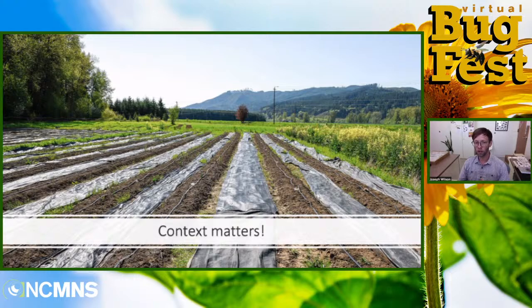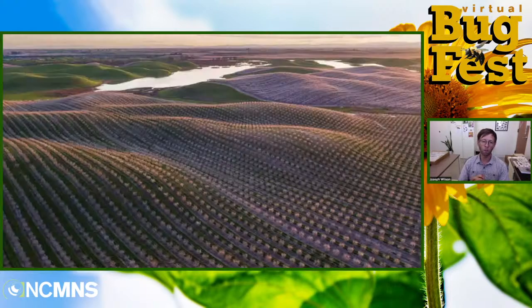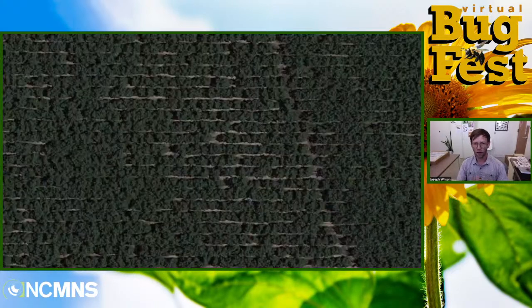But not all farms in the US look like this. So this is an almond orchard in California in February when it's blooming. And you can see it is row after row after row of blooming almond trees surrounded by row after row of almond trees blooming, and then some grasses. There's not a lot of native vegetation here, either in the orchard or surrounding the orchard. And so for a few weeks in February, there is a lot of resources for bees. But a few weeks later, after the bloom is done, there are no flowers.